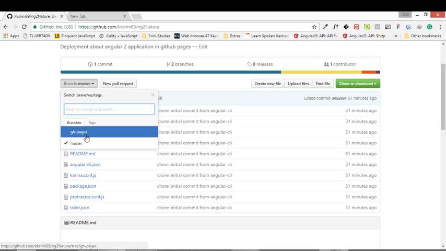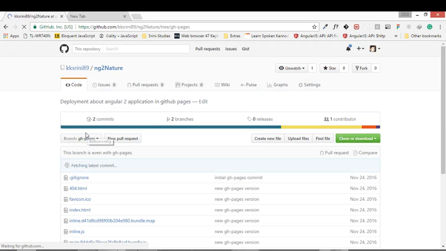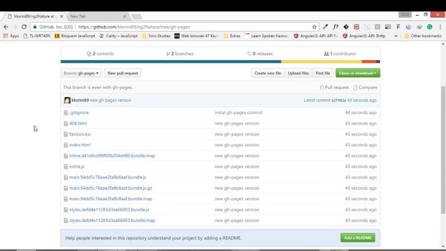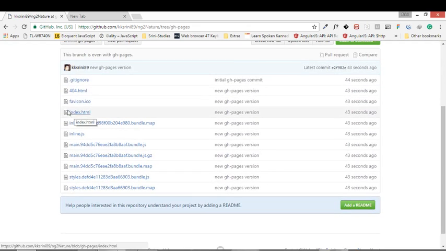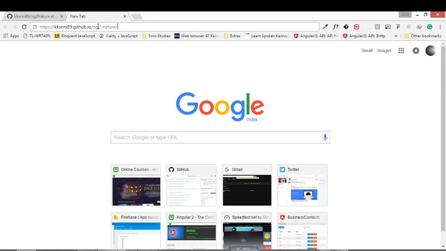This branch will have our production build code. Now this is our repository name. Each username has been given one website address by GitHub. So if we enter here,